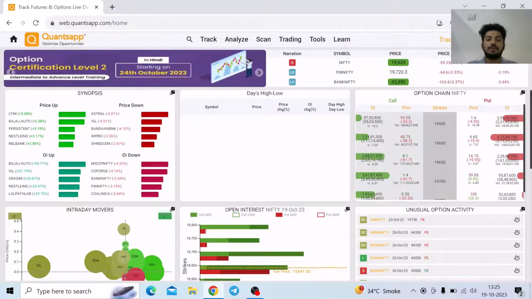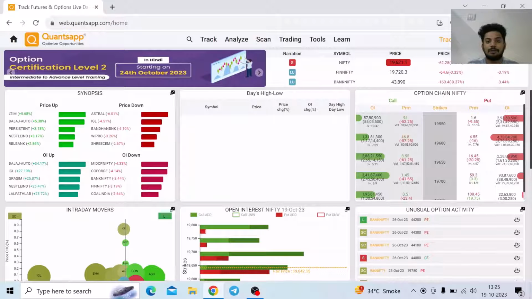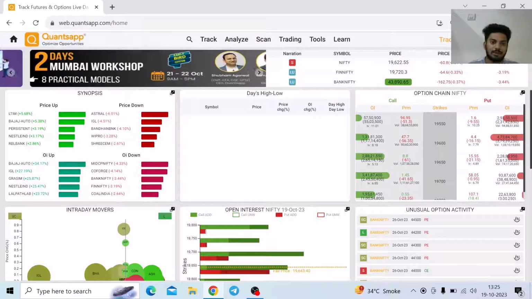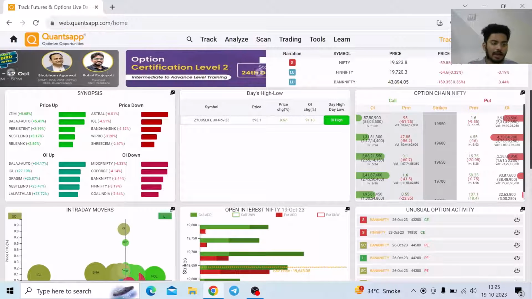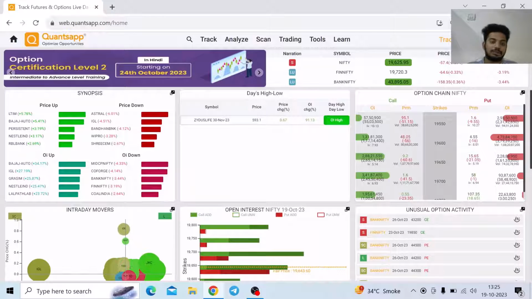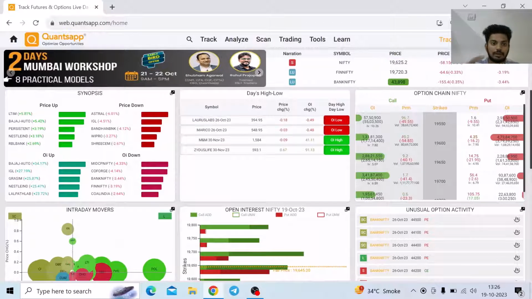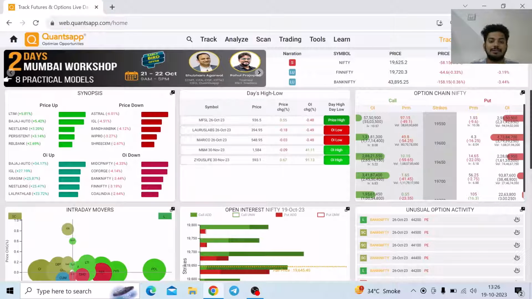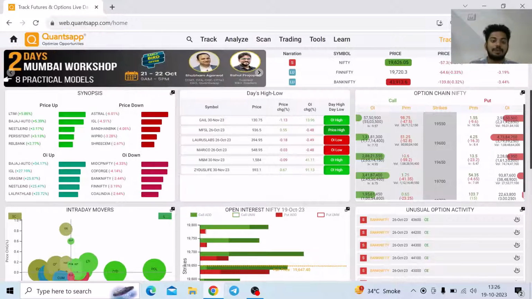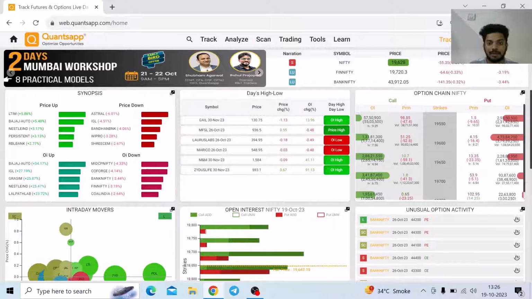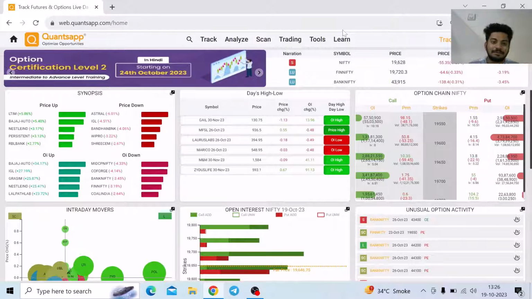In today's video, we will learn about event trading. Whenever a stock announces its result, whenever there is a Union Budget, a fiscal policy announcement, or an RBI credit policy announcement, like a repo rate change. These days you will not see a major implied volatility change or major change in the market in case of an RBI policy announcement, but the other aspects, the results and the Union Budget, will affect the stock and the market significantly. So in today's session we will learn just that, how can we go ahead and trade events in the market.